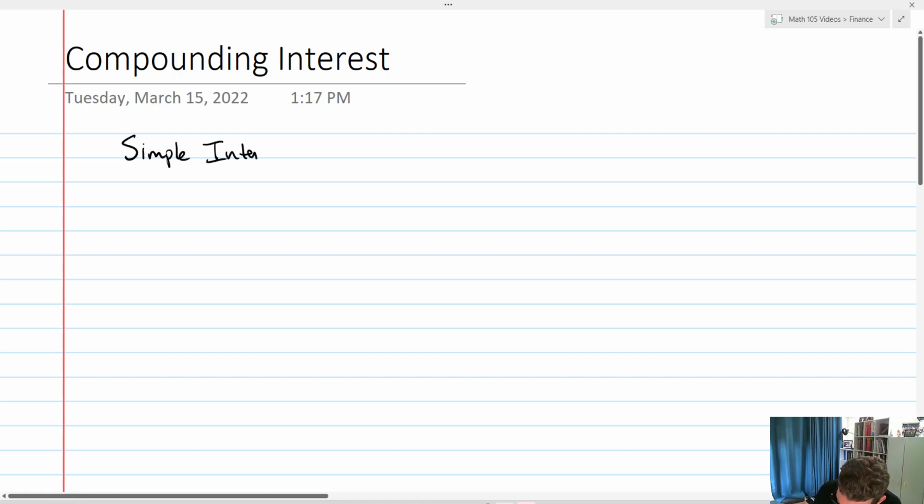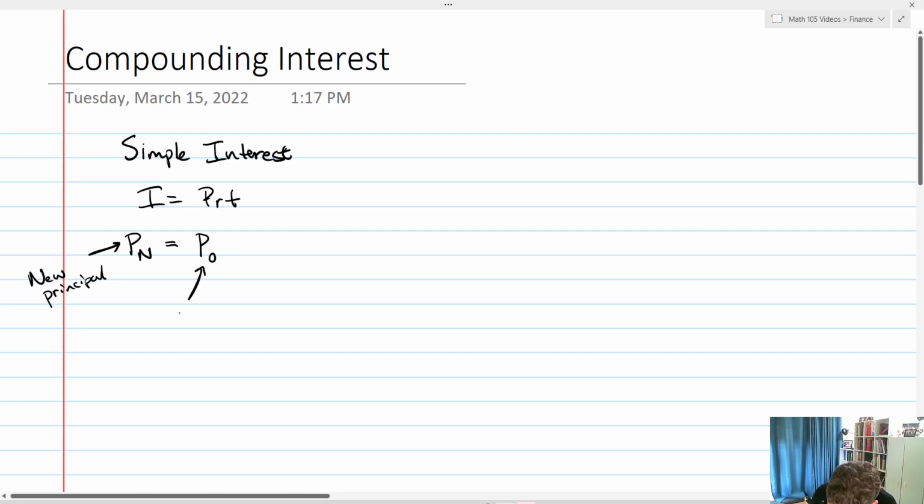In simple interest, we know that interest is going to equal principal times the rate times the time. Or if I want to look at the new principal, which we'll call PN, the new amount of money that I have in the account is going to equal P naught, my original principal, times 1 plus the rate times the time. And basically, if I just think about a single year,